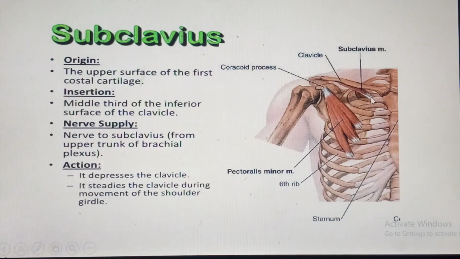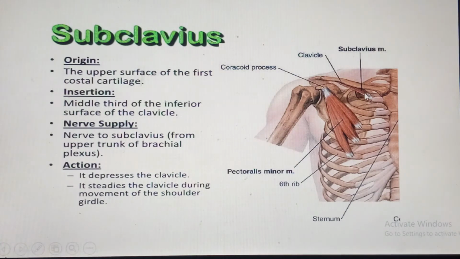That area, that's where the muscle is originating. And then it moves upwards to insert on the inferior aspect of the middle third of the clavicle. So there's the medial third, this is the intermediate third, and there's a lateral third. So the intermediate third of the clavicle provides that insertion point for the subclavius